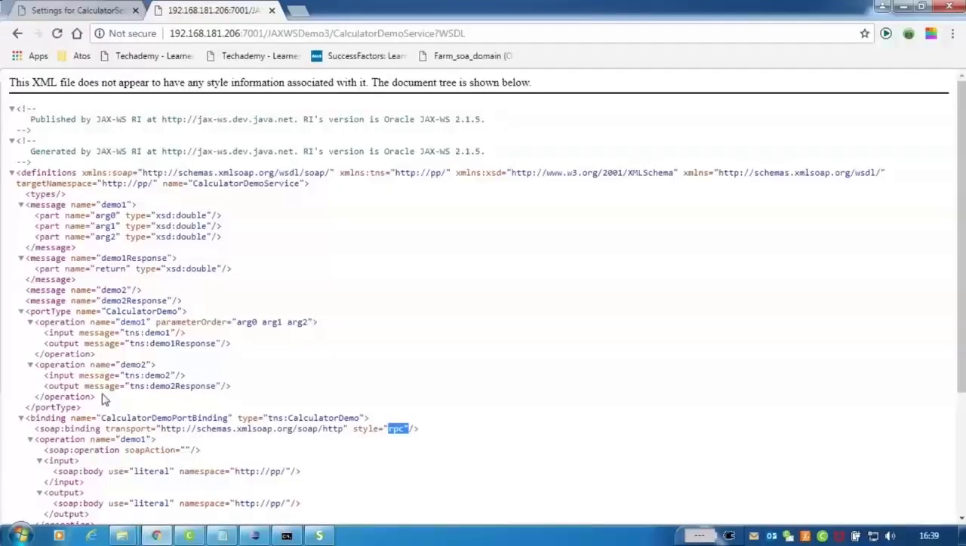See here. There is no schema definition defined inside the type element. In case of RPC, the schema definition is not available inside the type element. But in case of document, the schema definition is available inside the type element, but it is coming from some other location. So what will happen in case of RPC? In case of RPC, it is going to